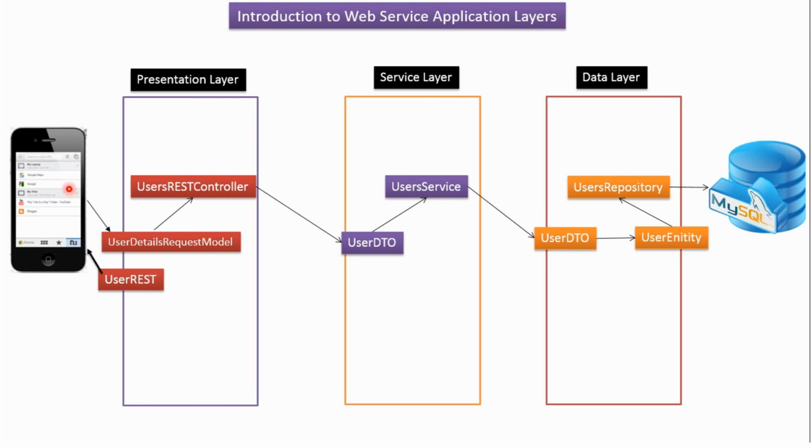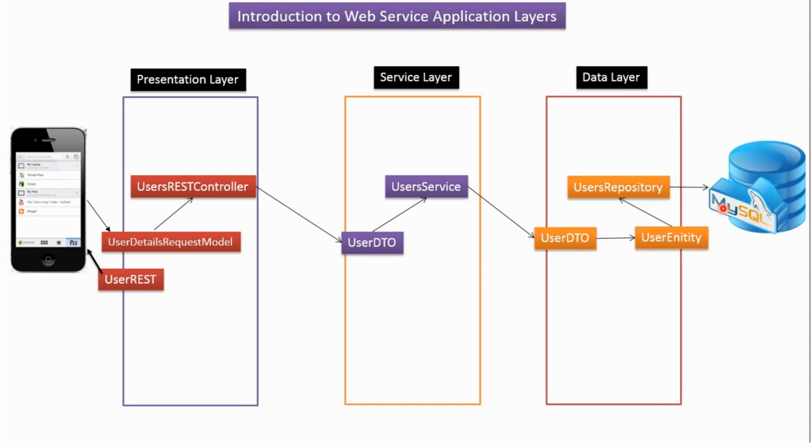And here you can see the client. The client sends user details request model for saving the user details information to the database, and user REST controller converts user details request model to user DTO and passes it to the user service. Then user service converts user DTO to user entity object, and